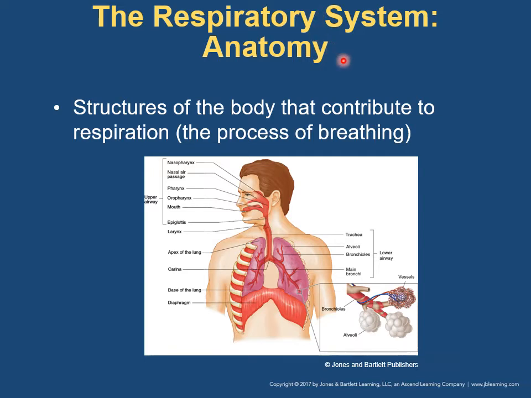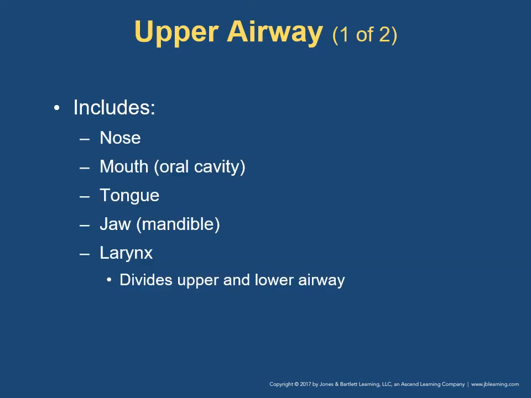So we have the respiratory system anatomy. The respiratory system consists of structures of the body that contribute to the process of breathing, also known as respiration. The upper airway is going to include the nose, mouth, tongue, jaw, larynx, pharynx, trachea, epiglottis, and esophagus. So you have your nose, you have your mouth, that's the oral cavity, the tongue, the jaw, specifically the mandible,